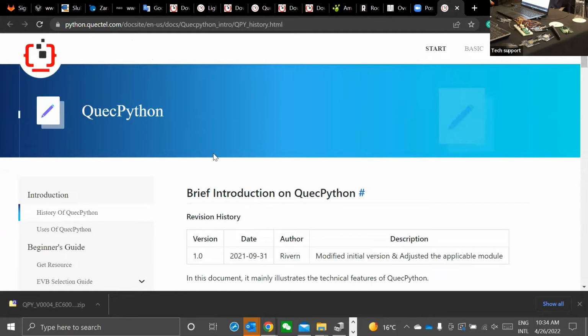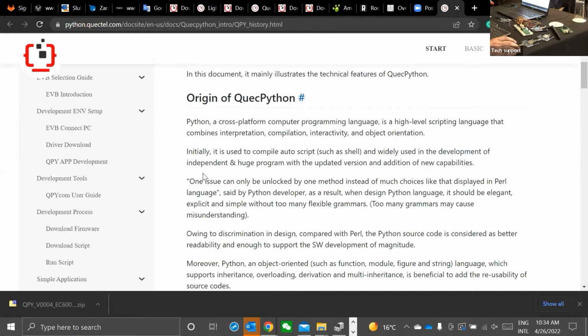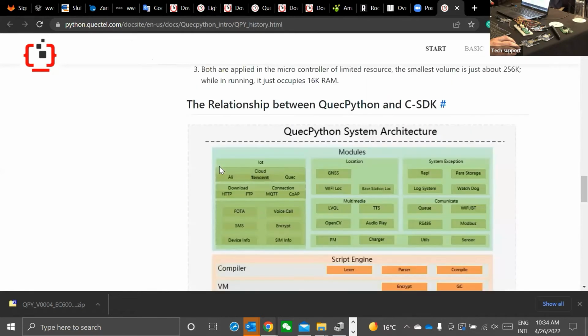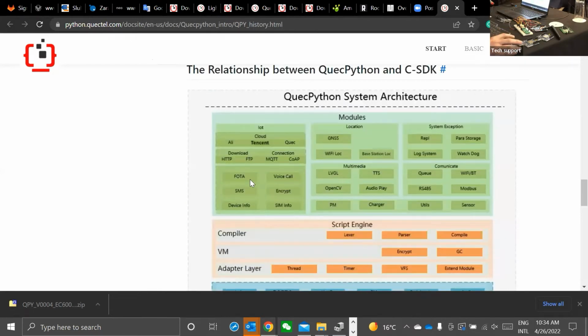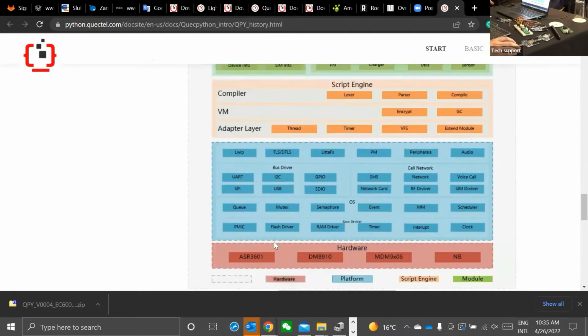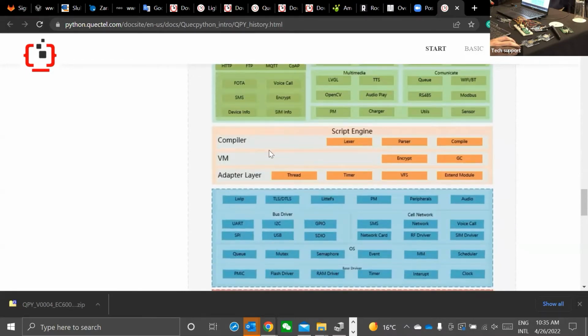Here on this link, we have documented some things about QuecPython. And actually, in short terms, we have a virtual machine for Python on the eval boards, on the modules, actually.